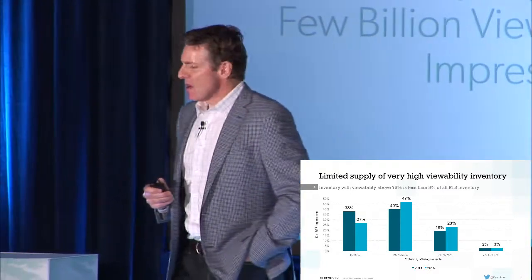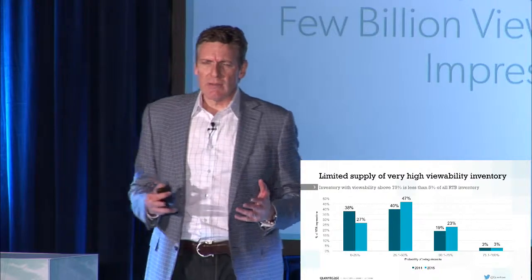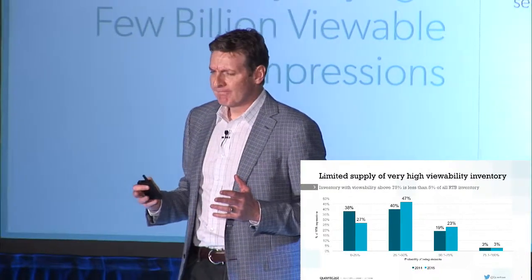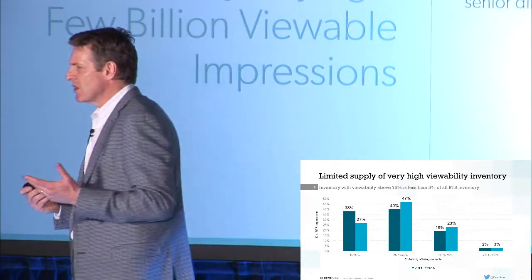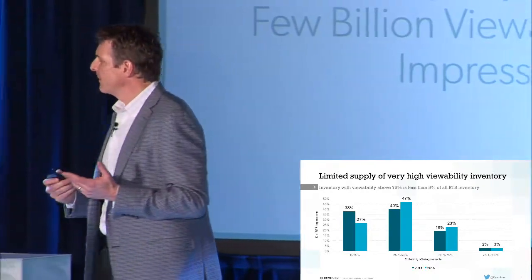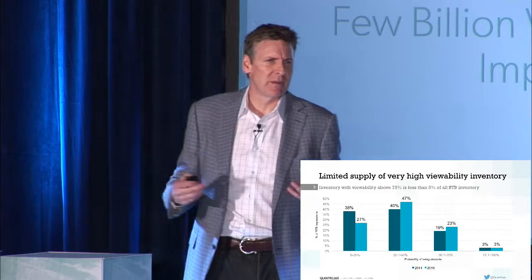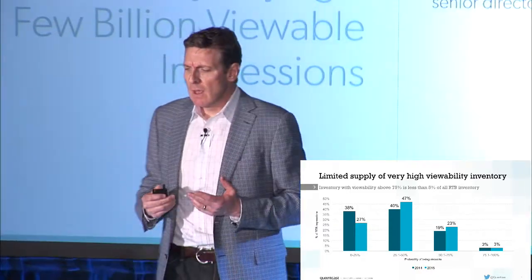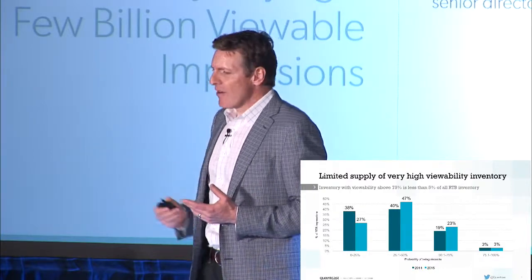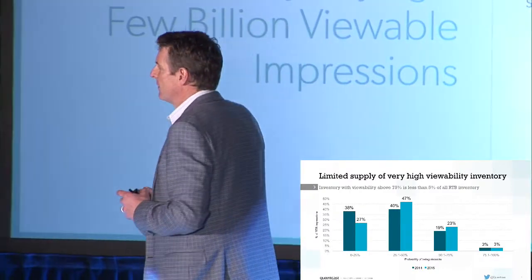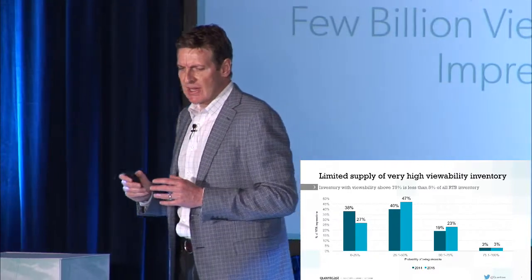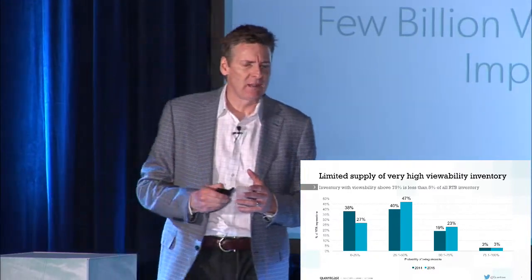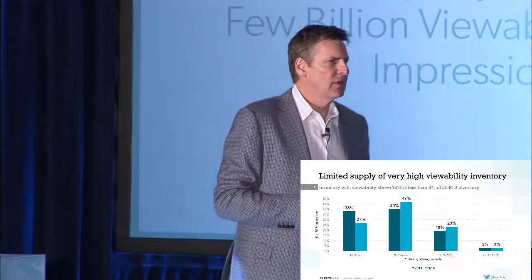And what we see here, a couple things stand out. The majority of impressions fall within the 25 to 50% viewable range. And that's about where RTB exchange viewability rates fall. It's roughly 50%, 45 to 50%, depending on the data source you're looking at. But on the higher end, there's very little amount of highly viewable impressions. 75 to 100% probability of being viewed only represents 3% of all of RTB inventory.